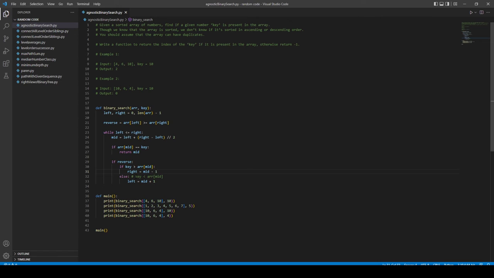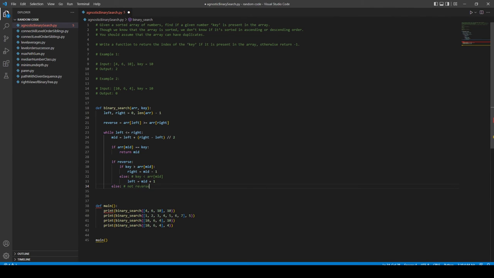So if it's in descending order, I just want to make sure the key is greater than, okay, yeah, I was getting confused myself because I forgot this is the reverse case. So if it's less than, then we know it's on the right side, right? So you just move left to mid plus 1, and then you do an else here, which is now not reverse,